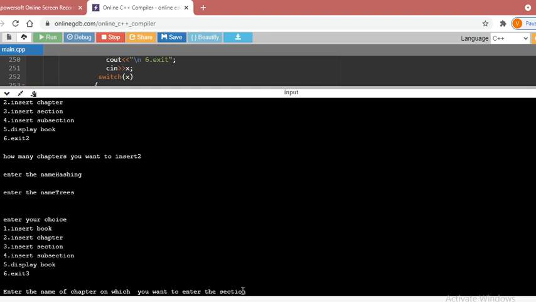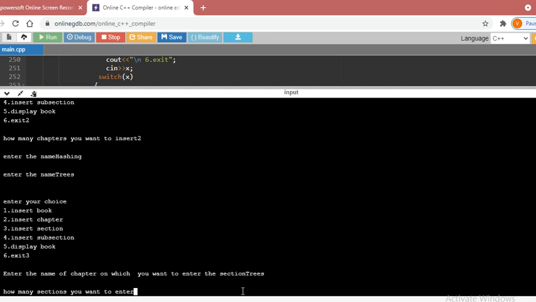So the name of the chapter is trees. Now how many sections do we want to enter under the trees? For example, 2 sections.